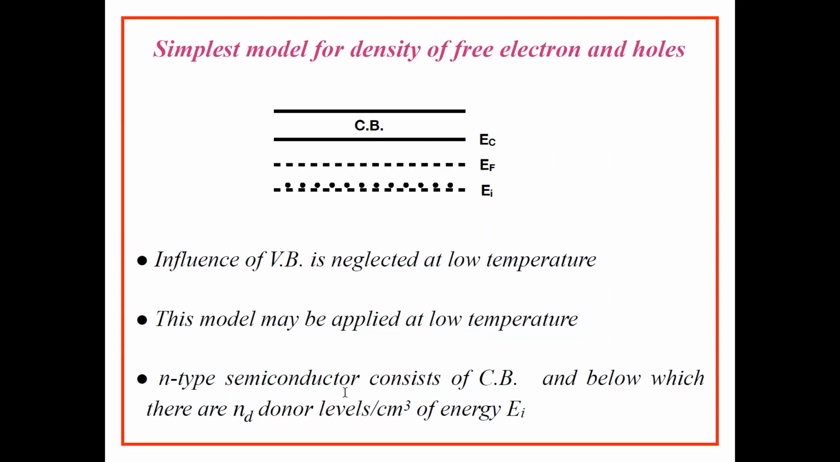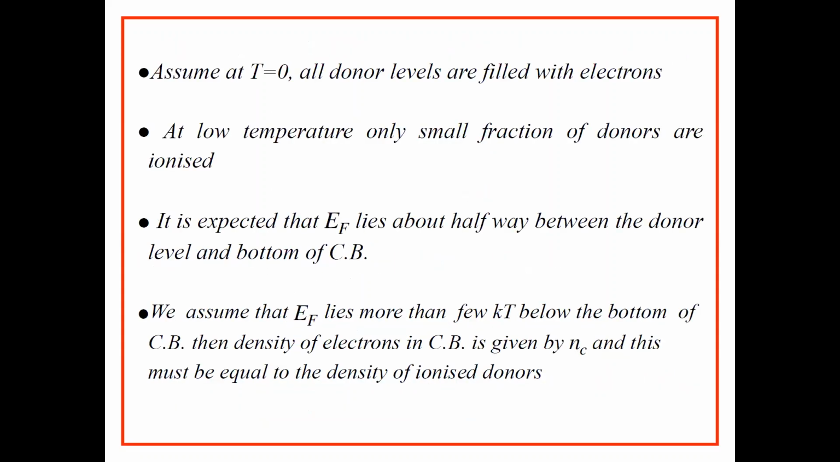For an N-type semiconductor, it consists of a conduction band, below which there are ND donor levels per centimeter cube of energy EI, and the influence of valence band is neglected. We assume that at T equal to 0, all donor levels are filled with electrons. At low temperature, only a small fraction of donors are ionized. And it is expected that the Fermi energy level lies about halfway between the donor level and the bottom of the conduction